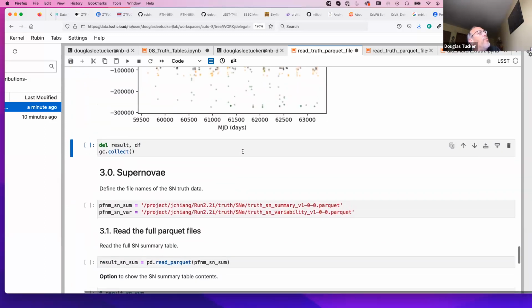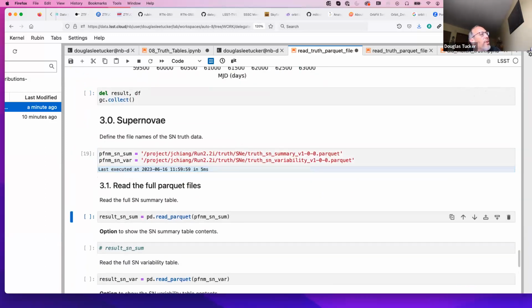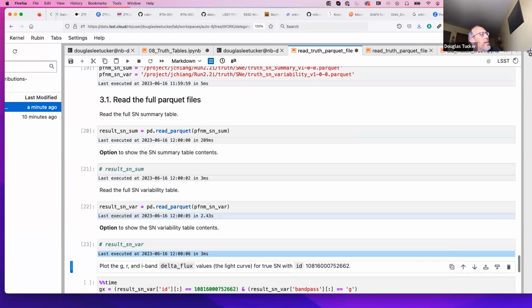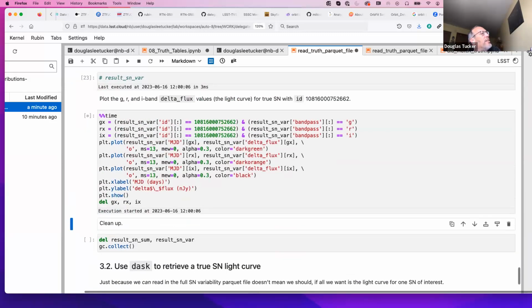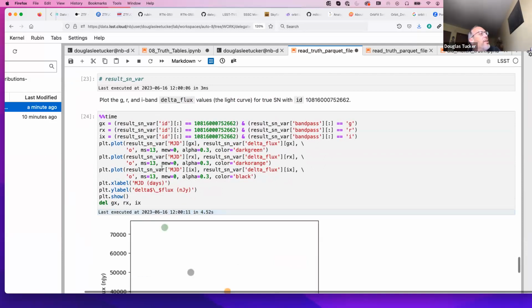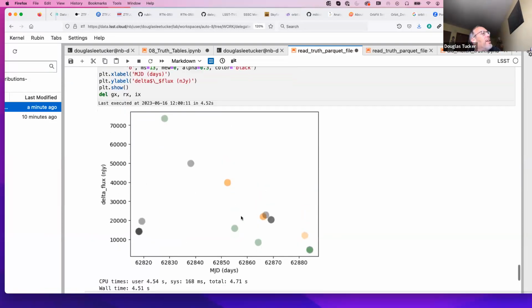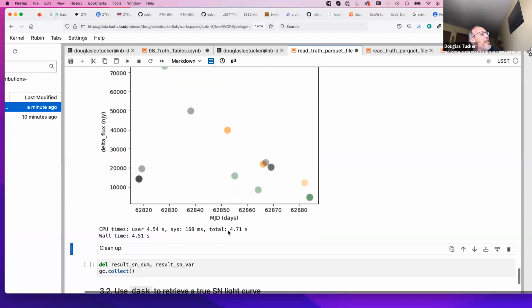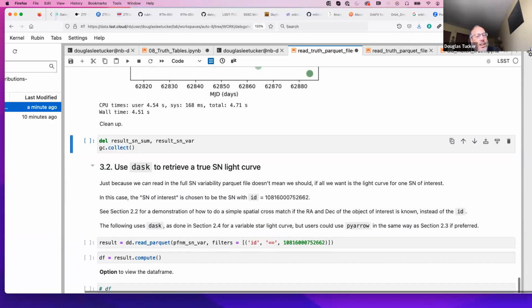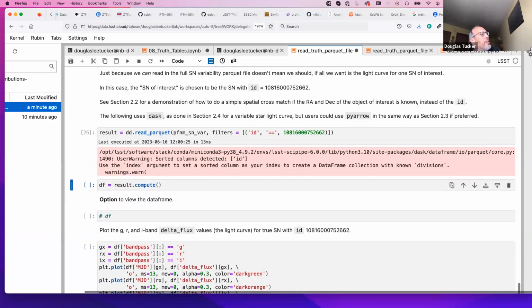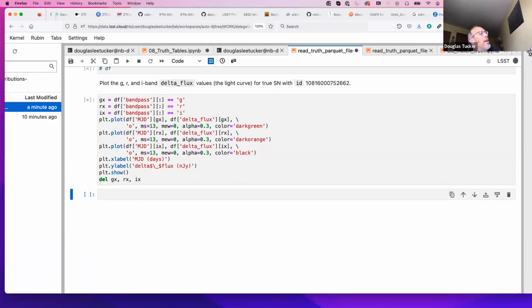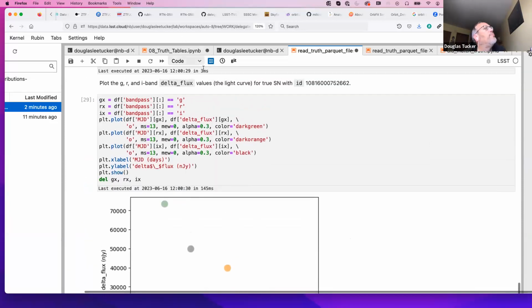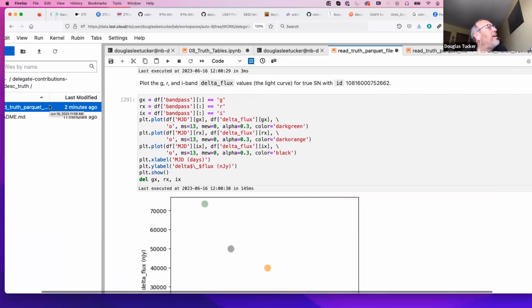And okay, we're running out of time. I'll just very quickly run through supernova and see what we get here. Oh, as a timing function, that means it's going to take... Oh, here it is. Okay, we have a supernova in different filters. So that's nice. And you can also use Dask to do similar. And hopefully that'll take. Okay, so yeah, I can do Dask also. And then I will just briefly mention, with the 0 minutes that we have left,